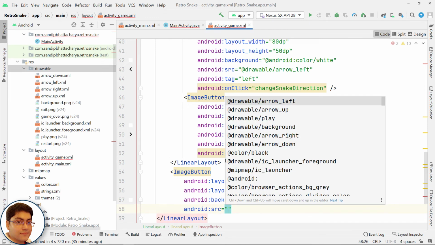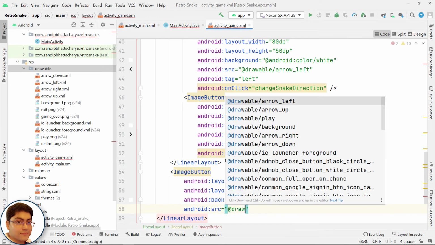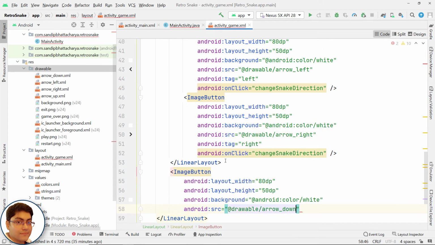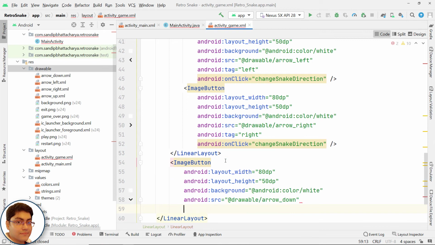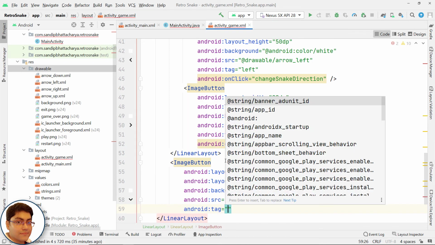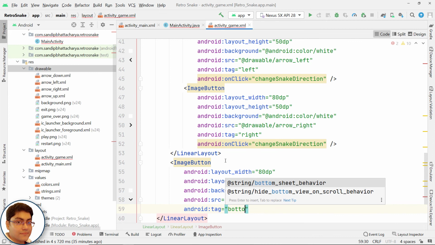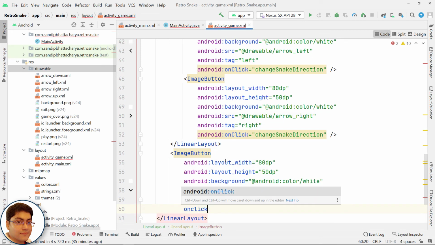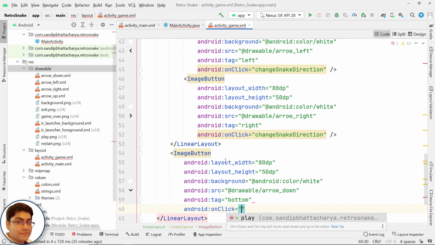For src, add drawable/arrow_down. For tag, write bottom, and for on click attribute value, write